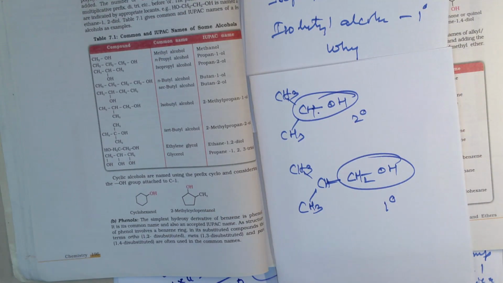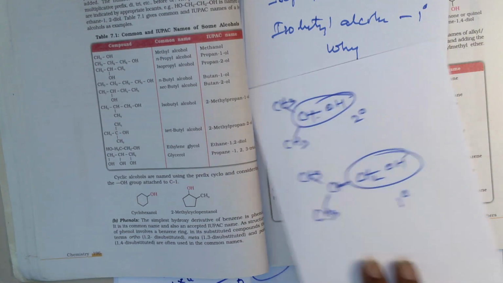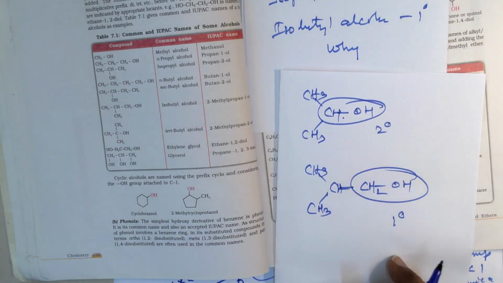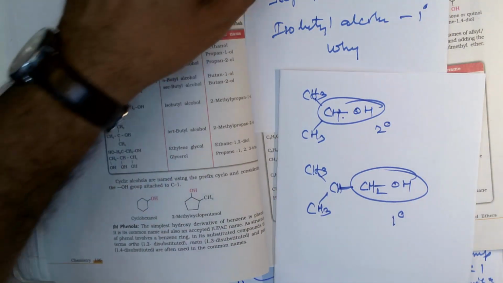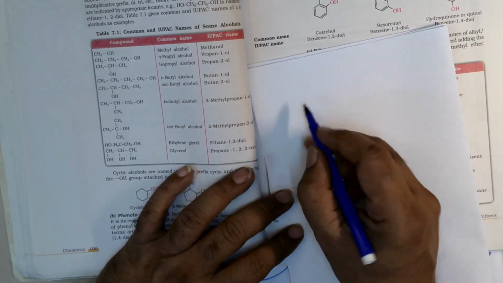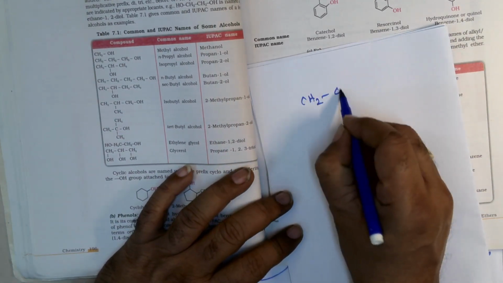Okay, then you should be able to explain like this, right? Then I was explaining about the ethylene glycol and glycerol. How to call this ethylene glycol? 1,2-ethane diol or ethane 1,2-diol. How? You've got CH2OH,